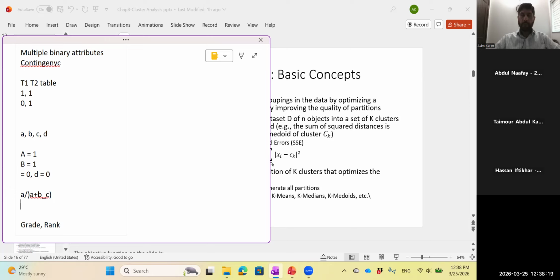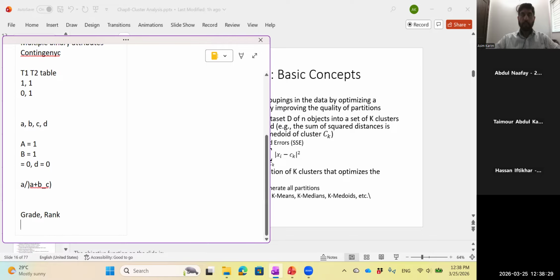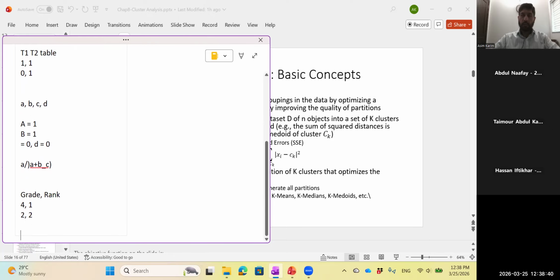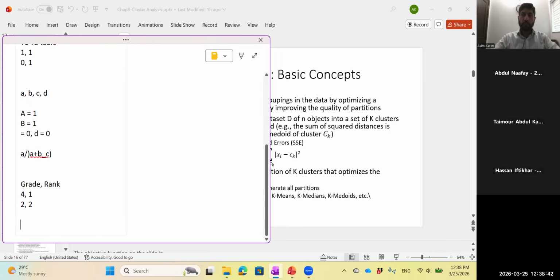For Jaccard coefficient, you can also use others, such as cosine. You can use others as well. If you have multiple ordinal attributes, you consider each one separately. So in grade, let's say this is 4 and its rank is 1, and this is 2 and its rank is 2. Then you can consider each attribute separately. So 4 minus 2 divided by the maximum possible difference, let's say 5, plus